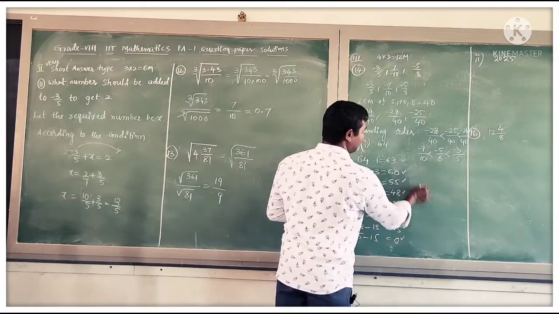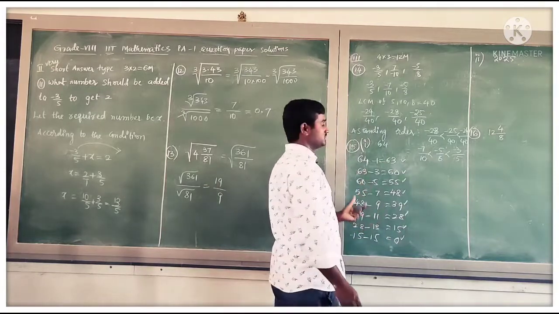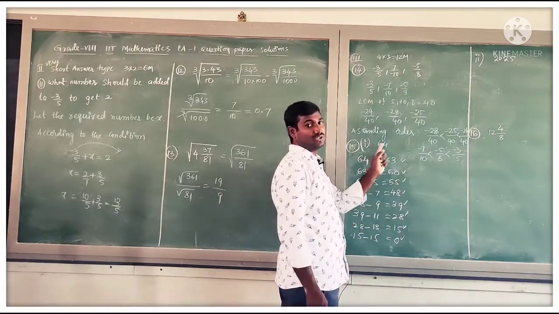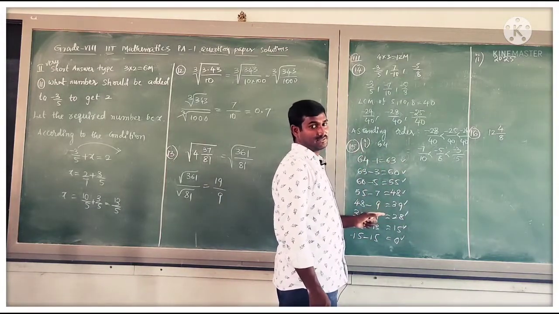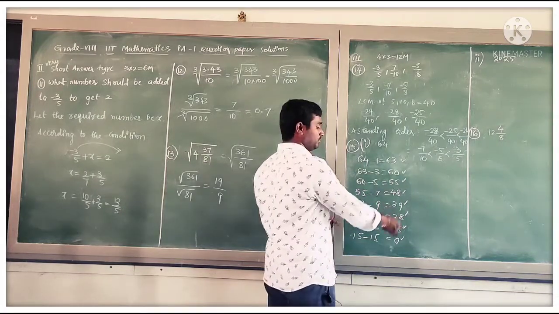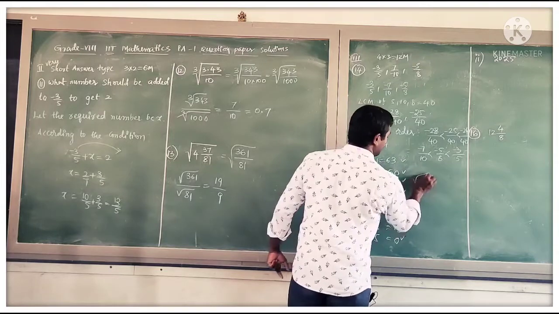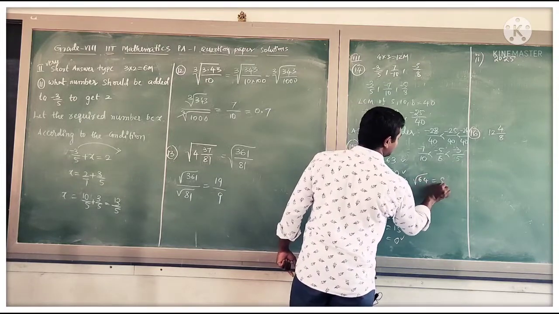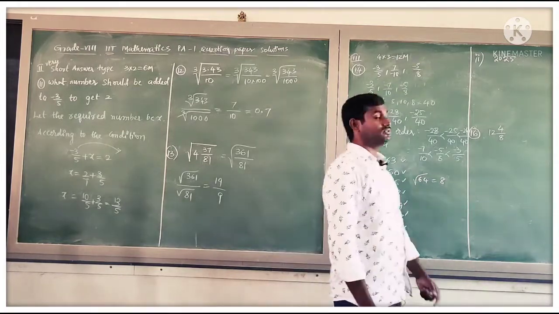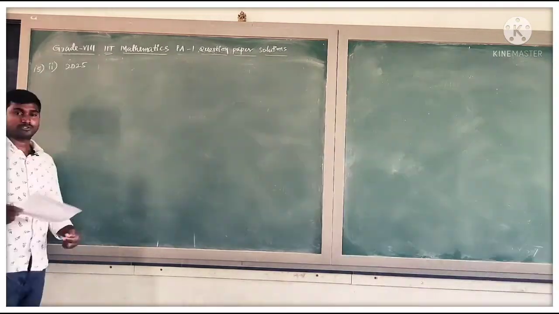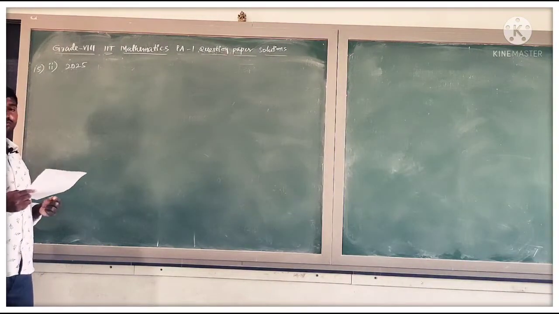So we can write this: the number of subtractions involved. The square root of a number is equal to the number of successive subtractions. How many successive subtractions have we done? 8. So the square root of 64 is equal to how much? 8. So we can use this method. Next question. Now I am going to discuss the 15th question.